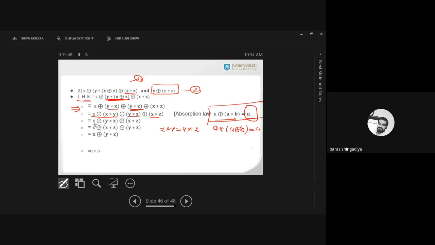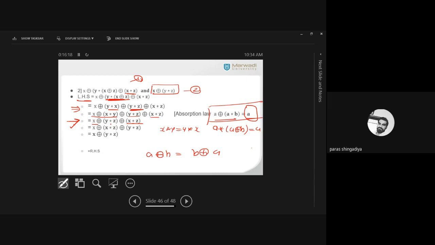Now similarly, in the third step, we can use the same procedure. We just rearrange the brackets. In the last bracket, we have X star Z, and the first term is X ring sum. So just interchange these two brackets, and that is possible. A ring sum B is the same as B ring sum A. So we just interchange the second bracket and third bracket.